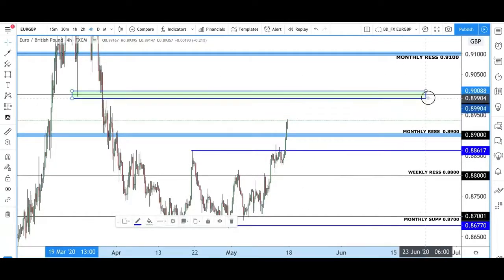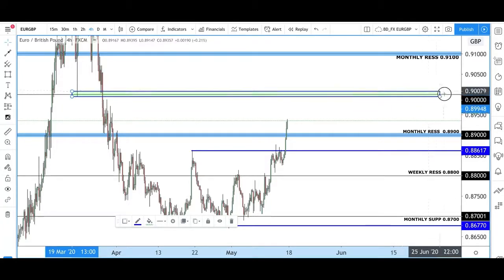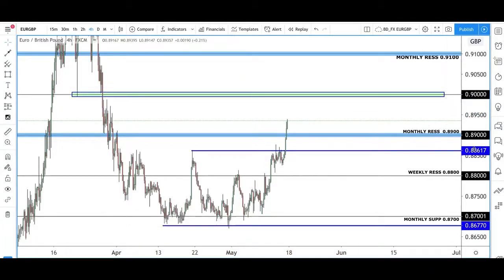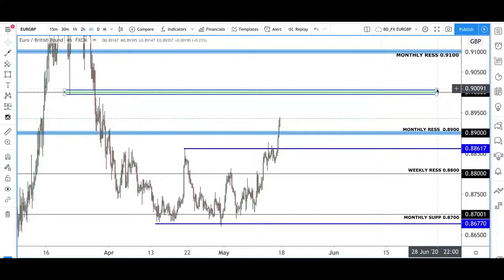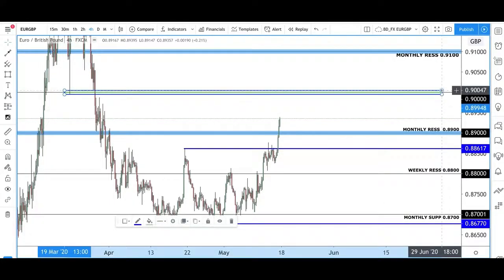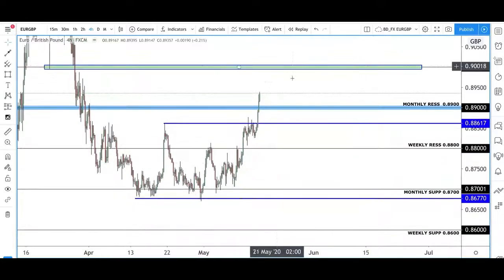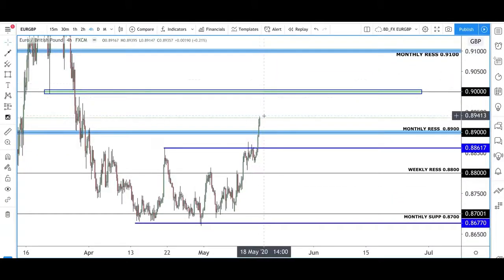Pound was quite weak, as I said on Friday, with some Brexit news that came out. It didn't help the pound, so we saw some weakness across the board. But yeah, I think there's still some more weakness on pound pairs before we look at stepping in and buying the pound once again. So here, just quite simple price action as well.